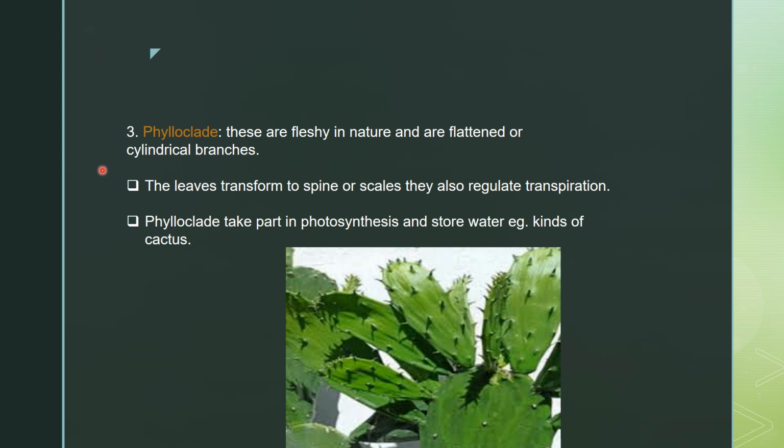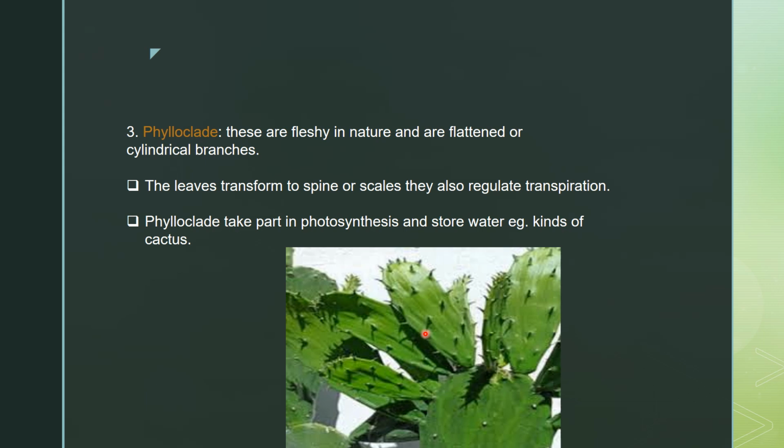Phylloclade. Okay, the phylloclades are fleshy in nature and are flattened or cylindrical branches. Can be flattened like this in the picture, or cylindrical in another picture I will show you. Okay, so it's a stem or branches, but they get modified to be like leaves